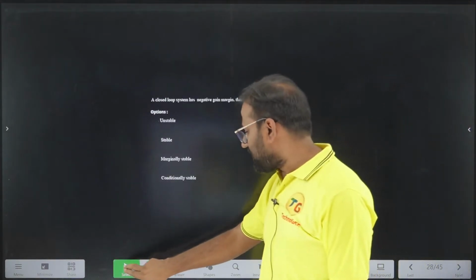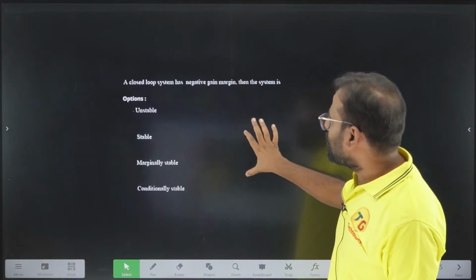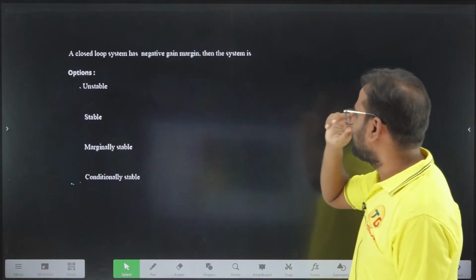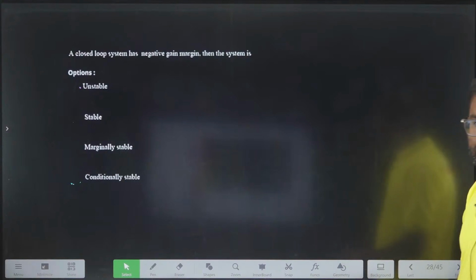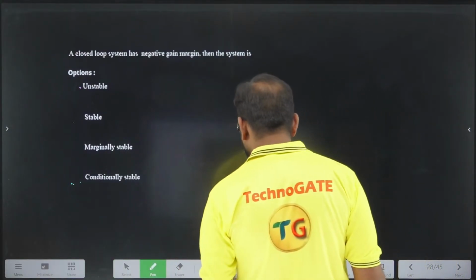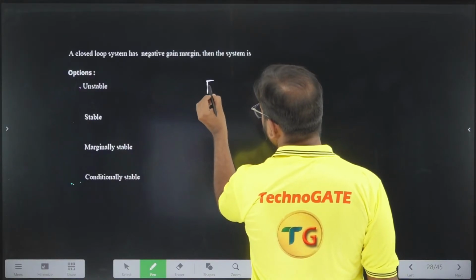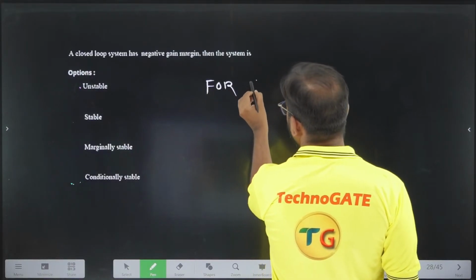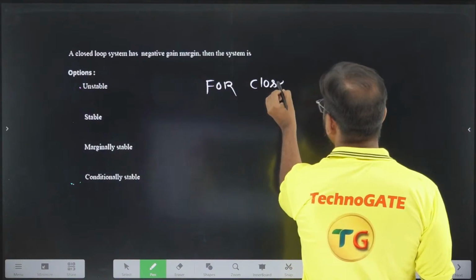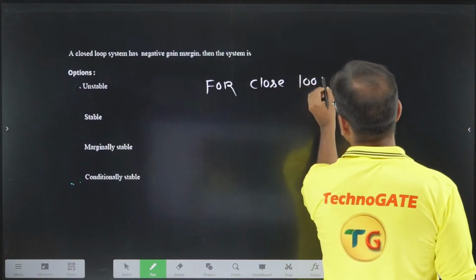Okay, the next question is this. A closed loop system has negative gain margin. The system is, always remember, for a closed loop stable system,